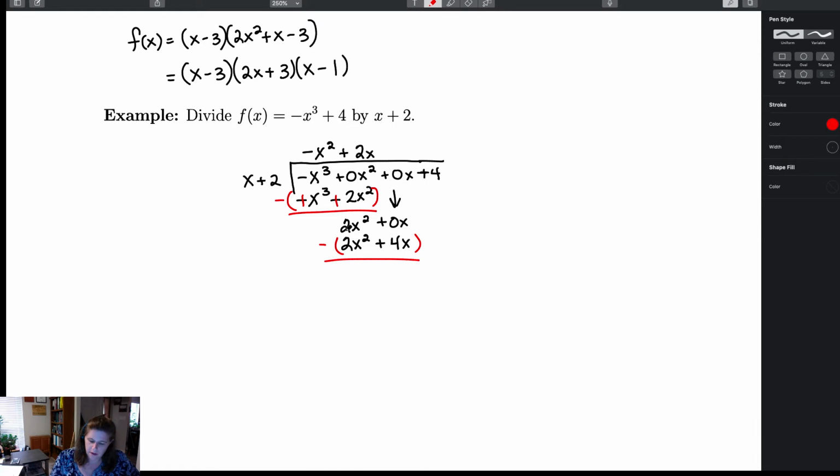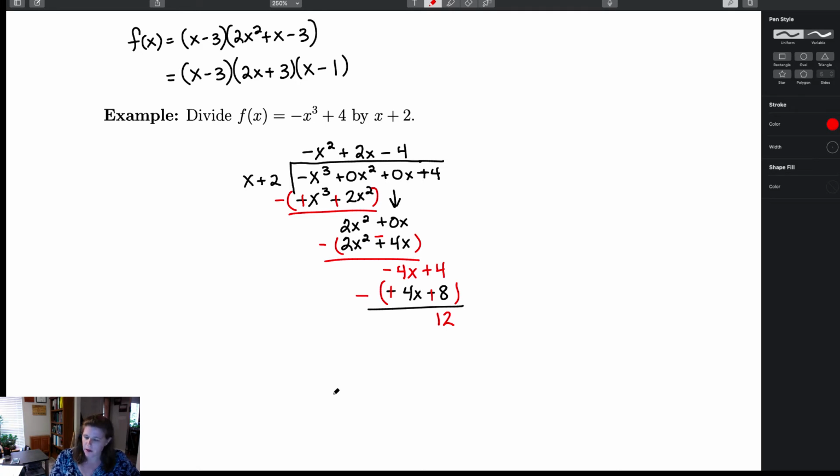All right, so negative 2x squared gives me 0. This one turns negative as well, so we have minus 4x, bringing down the 4. X goes into negative 4x minus 4, so negative 4x. And here we have negative 4 times positive 2 gives me minus 8. Subtracting turns positive, so here we have negative 4x and gives me 0, and I end up with positive 12 for